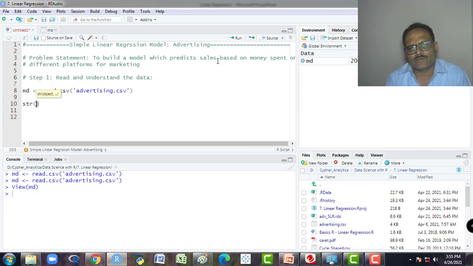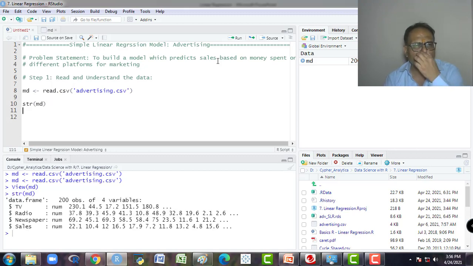So we use the structure function, where we see the structure of the data. So str(md), if I run this, I am getting that the structure is a data frame, 200 observations of four variables. The first variable is TV, which is numeric. Second is radio, which is also numeric. Newspaper is also numeric, and sales is also numeric. So we have four variables, all numeric.